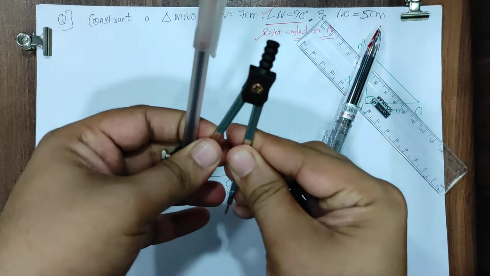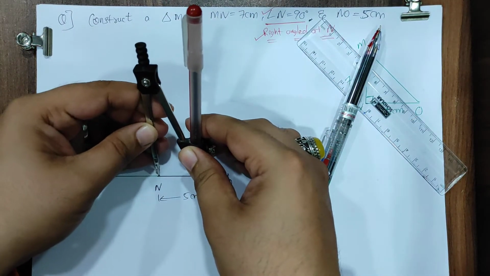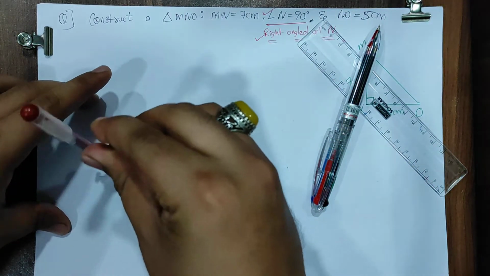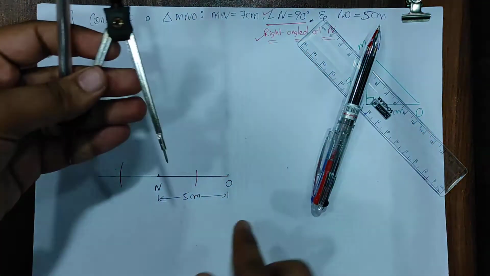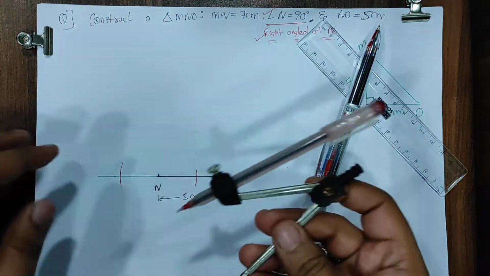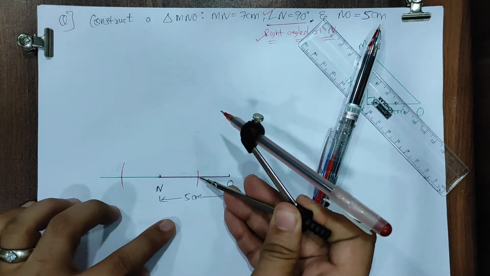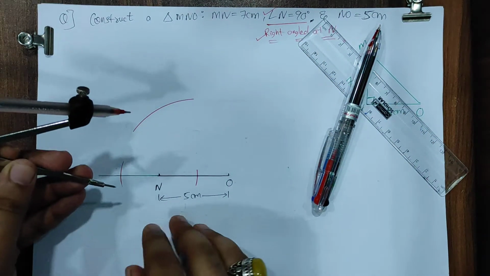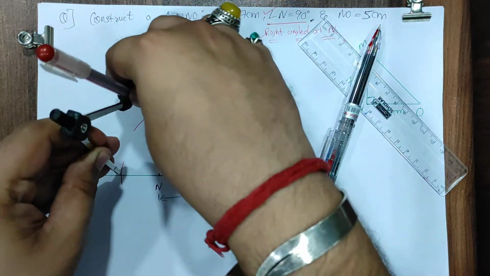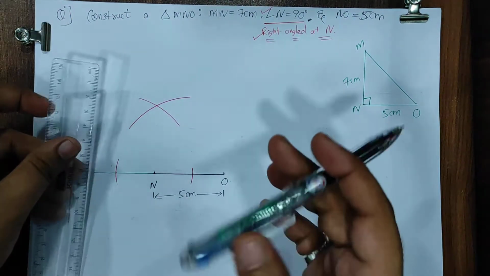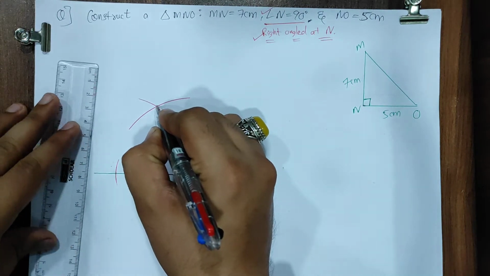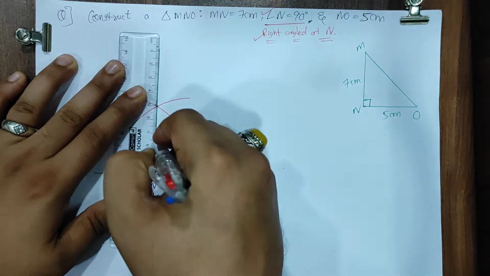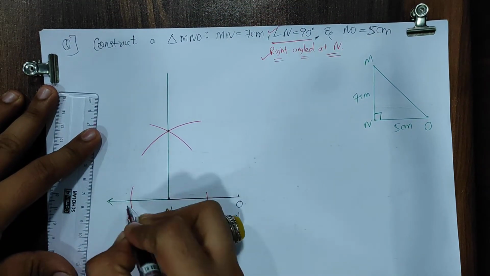I have to make a 90 degree at point N. What I will do, I will take any radius in my compass, keep it at point N, all of you, mark an arc over here. With the same radius, without changing the radius, mark an arc over here. Now increase the radius, it should be more than half of this NO. I have taken much bigger, it's fine. Now keeping at this point, an arc over here. With the same radius, keeping at this point, an arc over here. Let's dark this point, highlight this point, and join this, please. No line should be left without arrows, heads, see here.